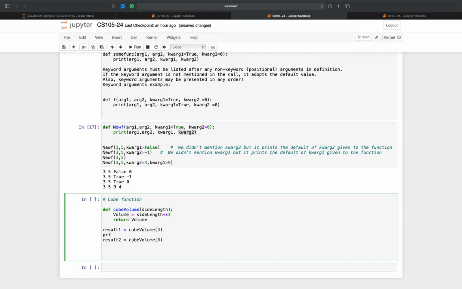I can print this result 1 and then print result 2, but we can add that the cube volume of